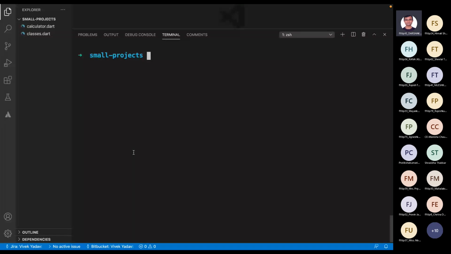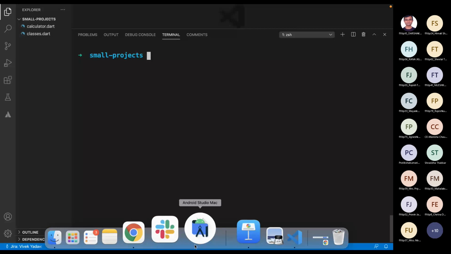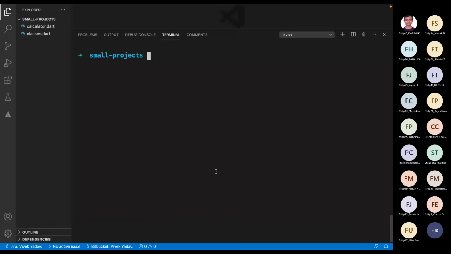Vivek sir, Drumil sir actually taught us the other way, like Command Shift P and then start a new project. So are we at any disadvantage if we do it that way? No, there is no such disadvantage. It's just your way, you can have your own preference. I mostly prefer Android Studio, and if I am on VS Code, then I prefer the terminal.